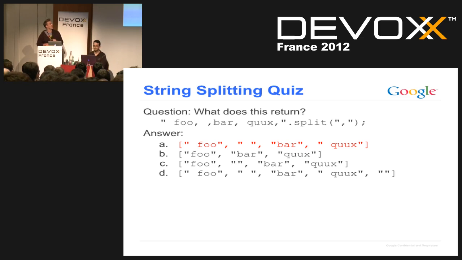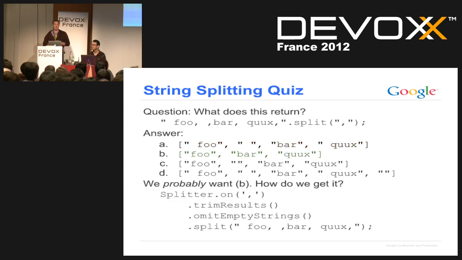The semantics of string.split are pretty ill-defined, and it's obviously complicated to know without testing. But what we probably want is actually B, because assume this input comes from some user who's typing in a field, and you asked them for a comma-separated list of inputs. So probably what we want is to only get the different inputs there with the delimiters stripped out. To do this with string.split, as we saw, it's not easy.